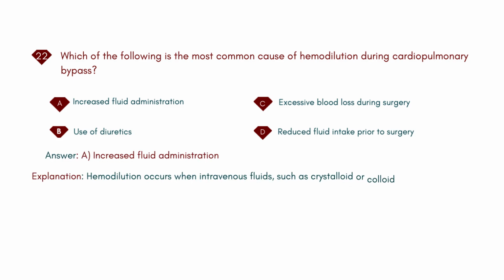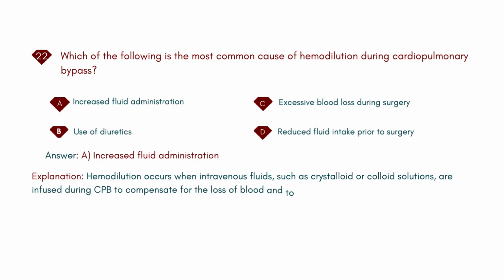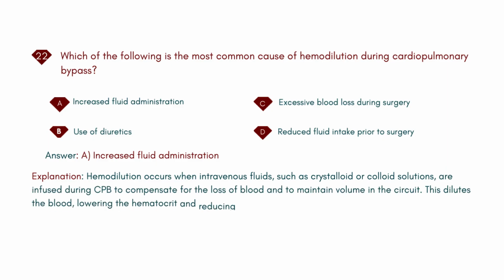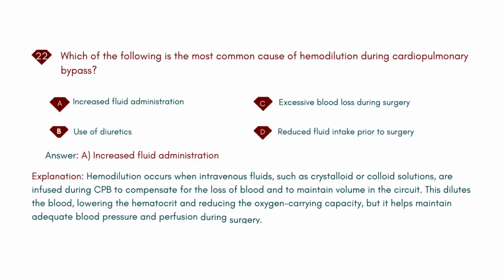Explanation: hemodilution occurs when intravenous fluids, such as crystalloid or colloid solutions, are infused during CPB to compensate for the loss of blood and to maintain volume in the circuit. This dilutes the blood, lowering the hematocrit and reducing the oxygen carrying capacity, but it helps maintain adequate blood pressure